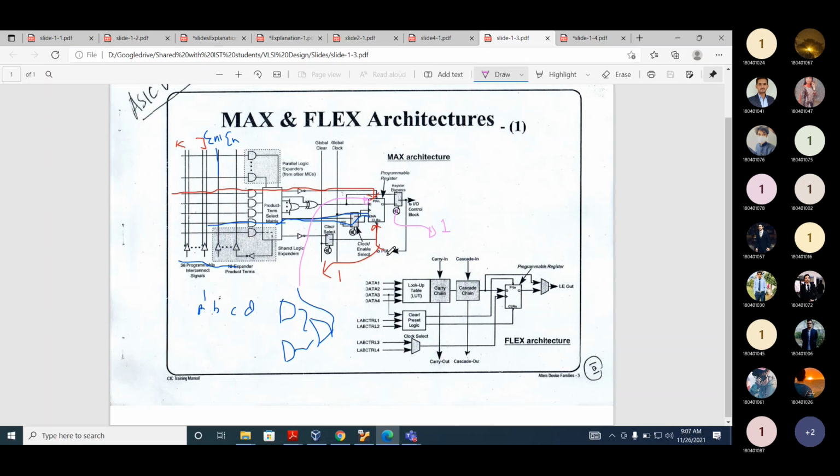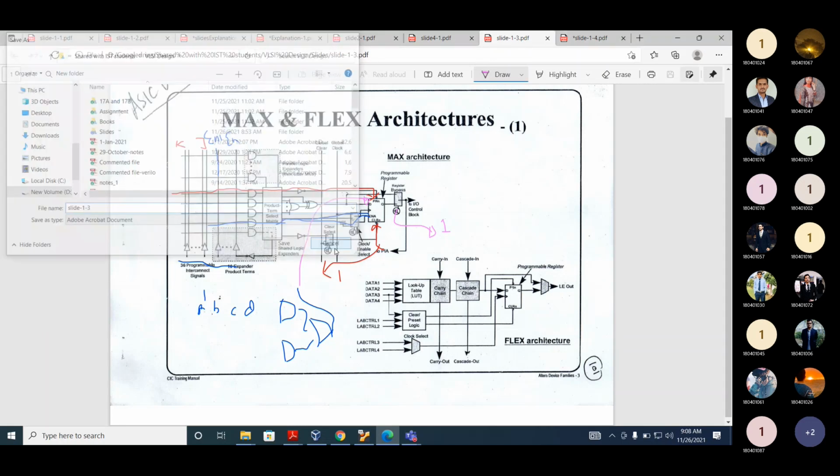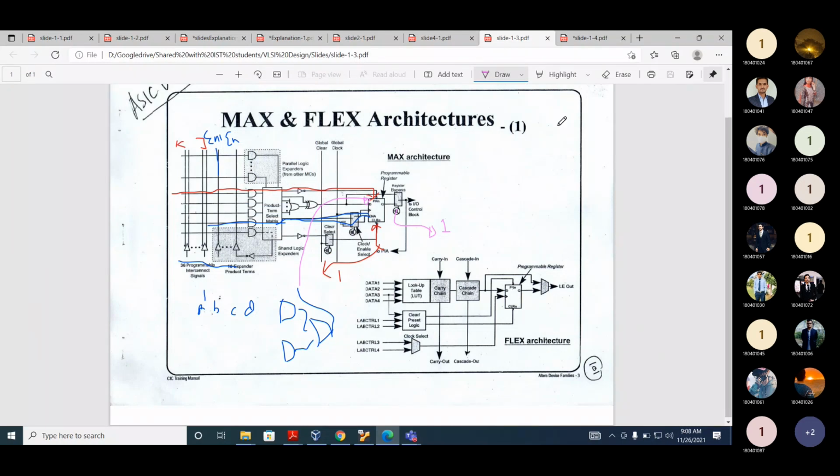How to use this? Actually, when you are a designer, you will write any Verilog code. You will give this Verilog code at the design input to the synthesizer, and all of this will be done by the synthesizer. The synthesizer will let you know how many macro cells have been used, and whether your design will fit into this device or not. So it all depends on how many macro cells can be used. Any question?